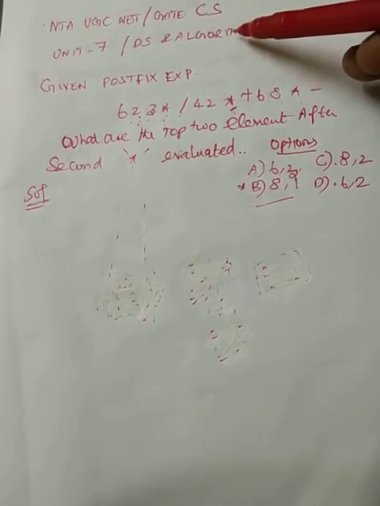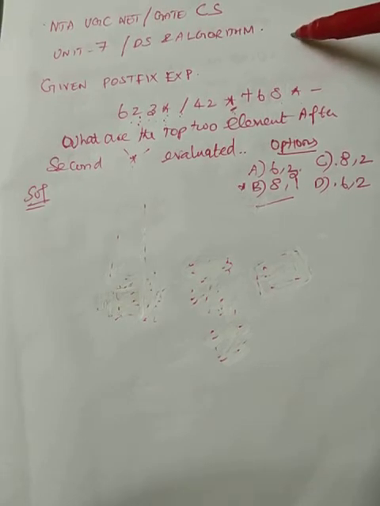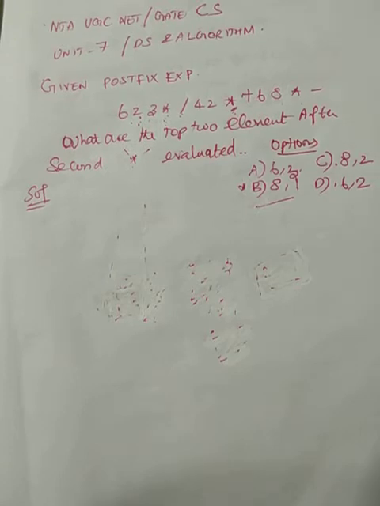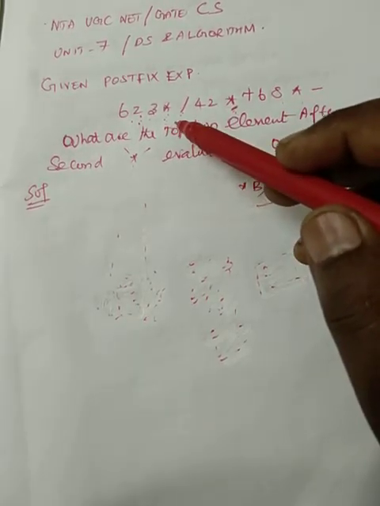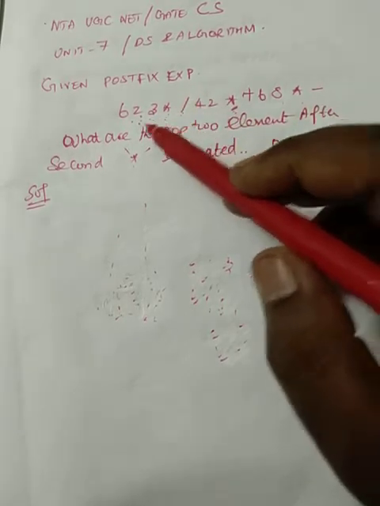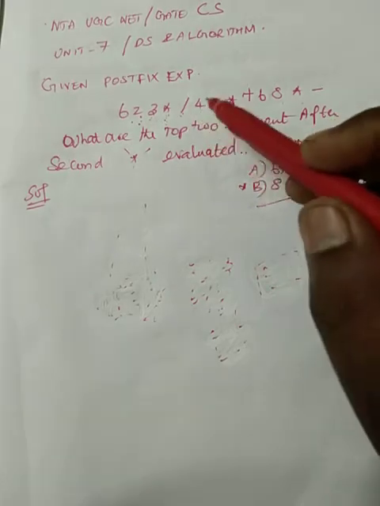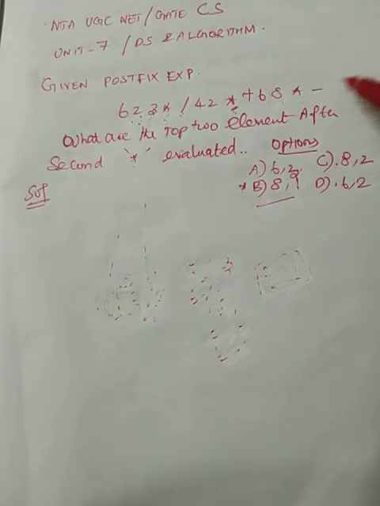In today's topic, I will be discussing data structures and algorithms. A very important concept is called postfix expression evaluation. Actually, this was one of the questions asked in UGC NET. So, you are given the postfix expression 6 2 3 * / 4 2 * + 6 8 * -,